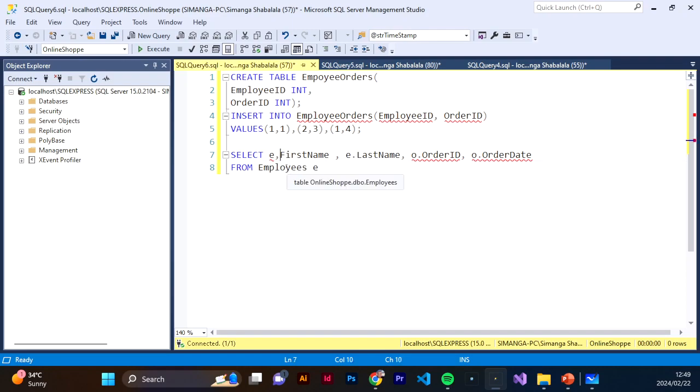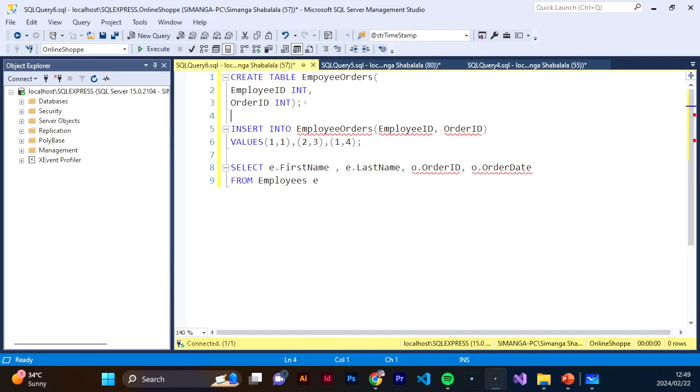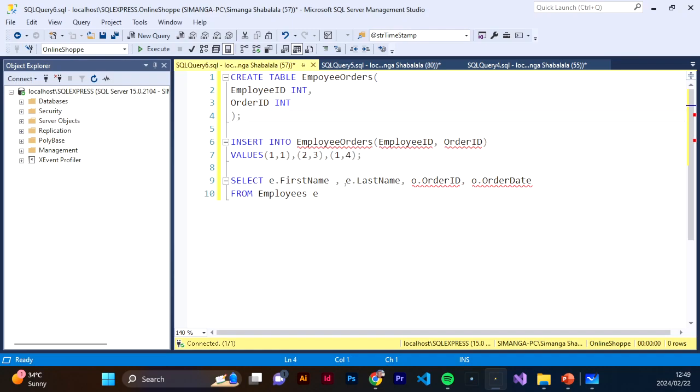And let's just fix a few errors there. I just want to make this nice, and then make sure that this is correct as well. Okay, so I've got employee. And then we're going to use inner join